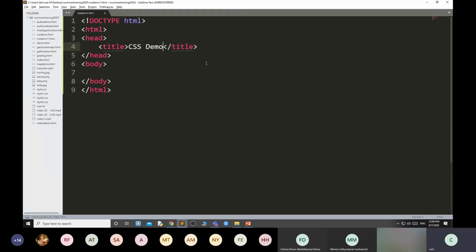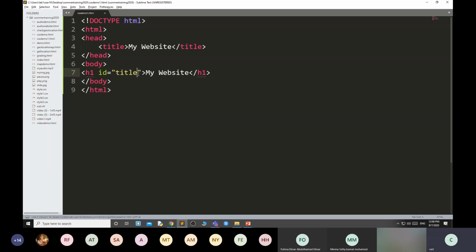CSS demo, or you can say my website. Here in body, first I am using h1, my website, and here I am giving an id equal to title.